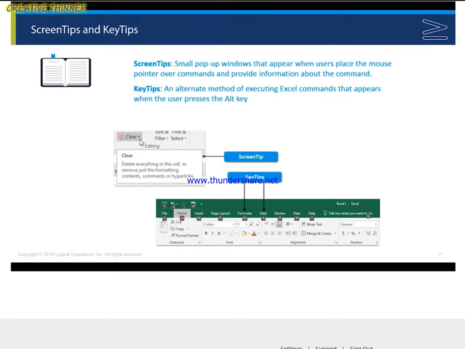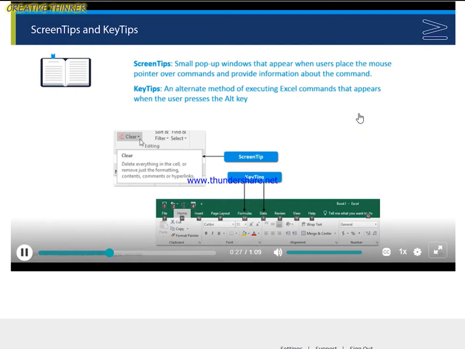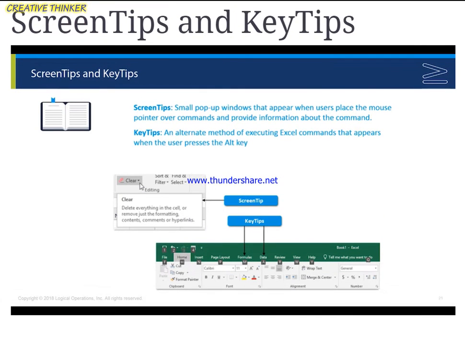Another aspect of the user interface are screen tips and key tips. Now, these are two different things, but similar. Screen tips are small pop-up windows that appear when you put the mouse pointer over commands or sometimes just other elements of the user interface. So it'll pop up and give you some information about, maybe the command's name or what the command or the screen element does. If there's a keyboard shortcut that does the same thing, that's all going to be contained in